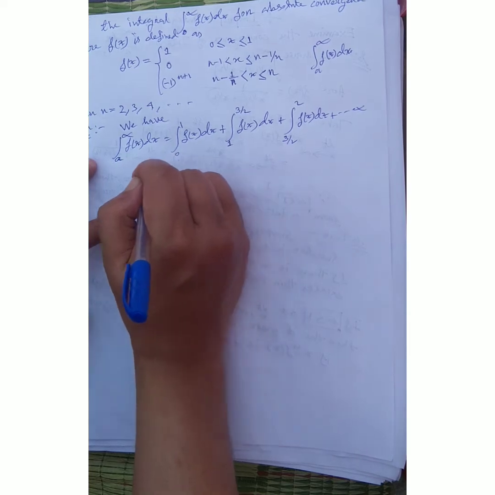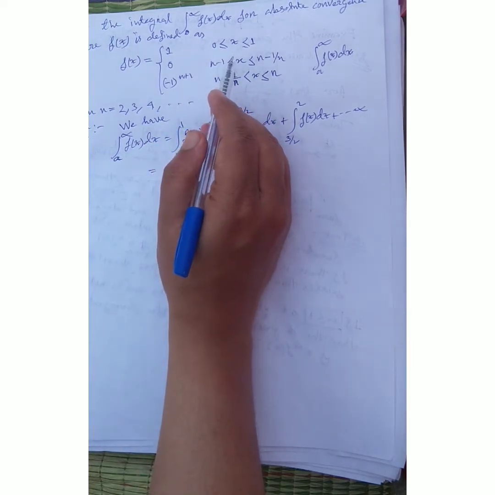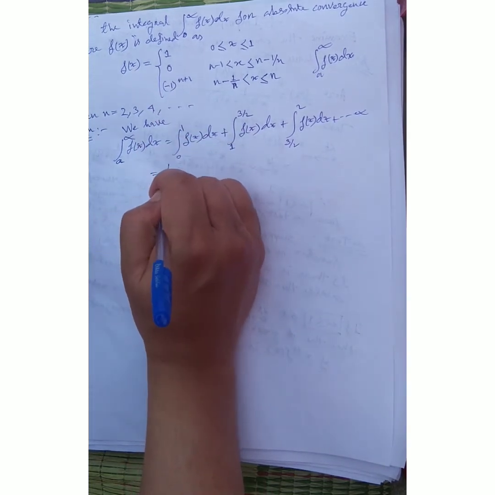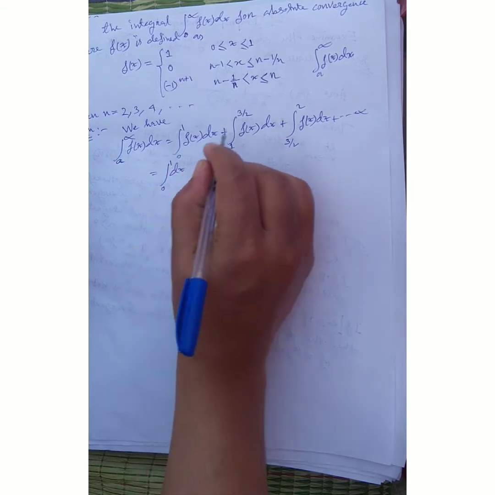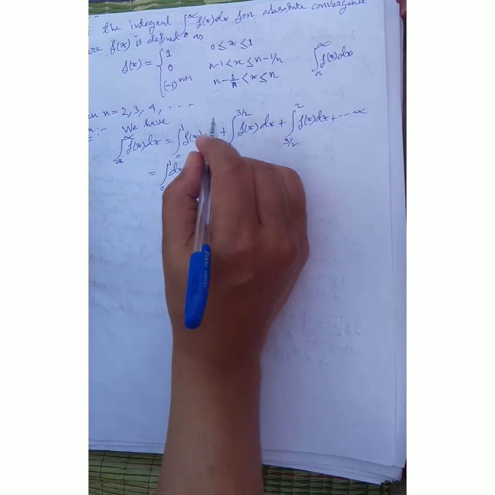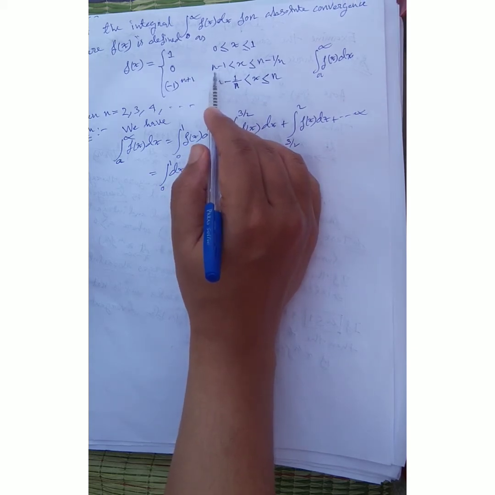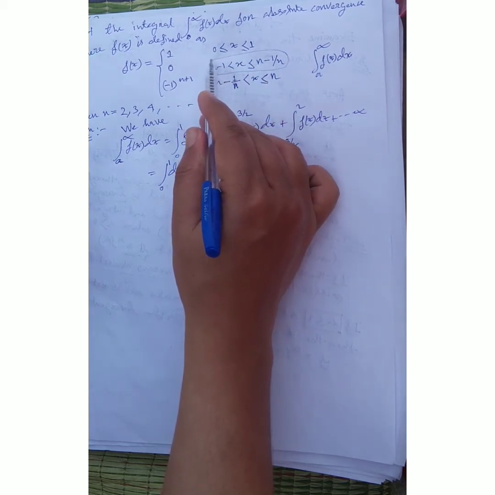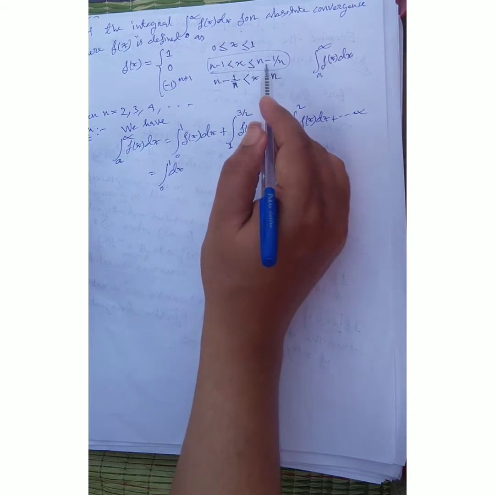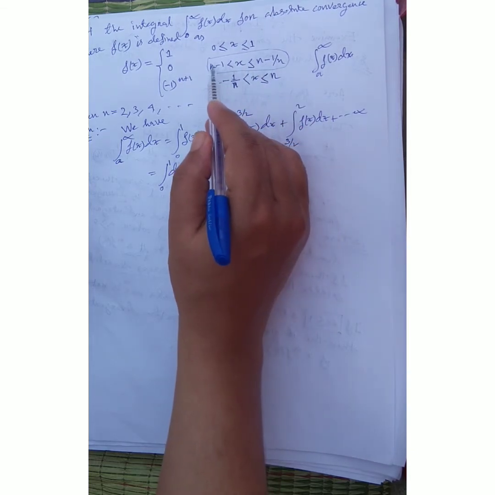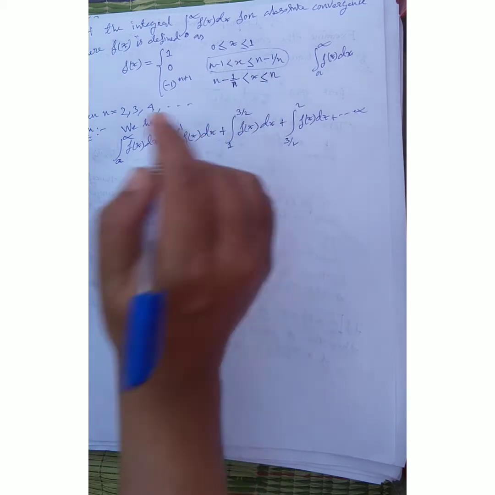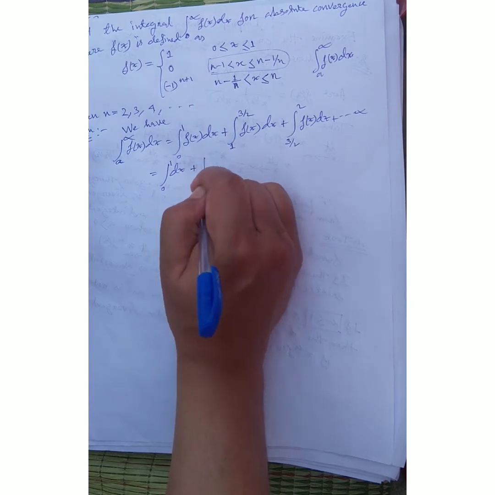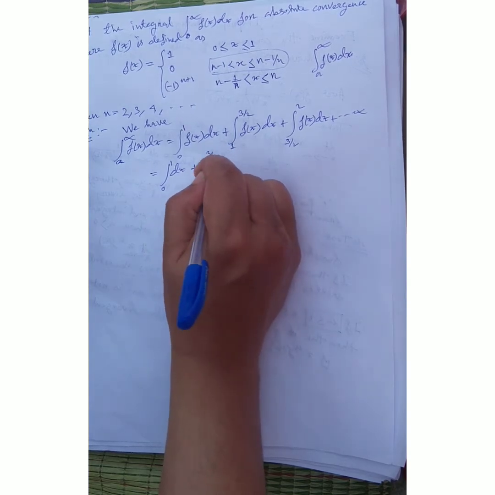Next, when I take 0 to 1, the value of the function is 1, so I put this value 1 and the integral is dx. And for 1 to 3/2, my problem will arise this way. This problem is like n minus 1 by n, so n equals 2 and 2 minus 1 by 2 equals 3/2. My case arises this way, so it is the integral from 1 to 3/2 of 0 dx.